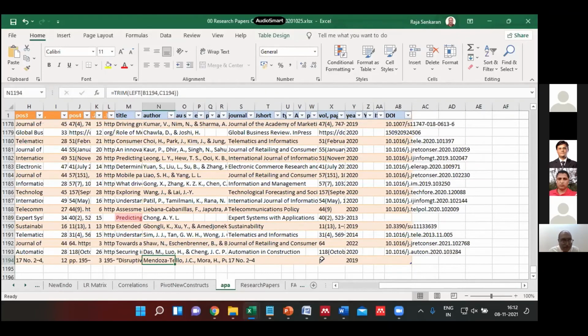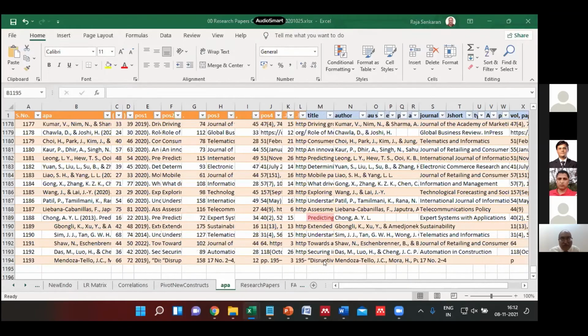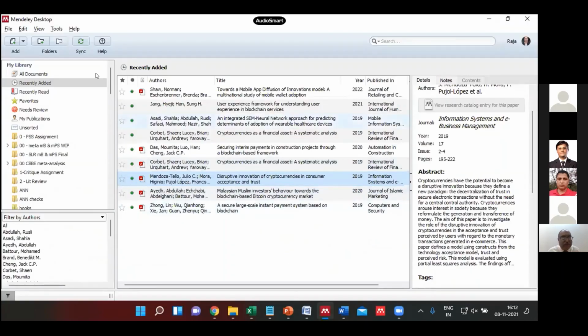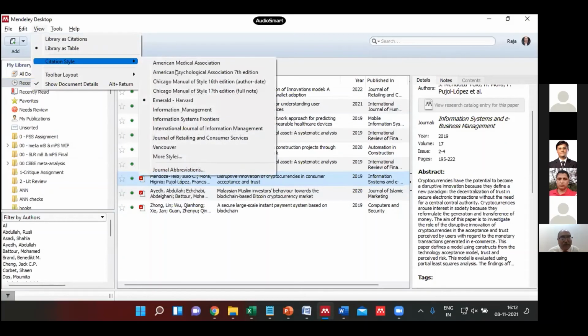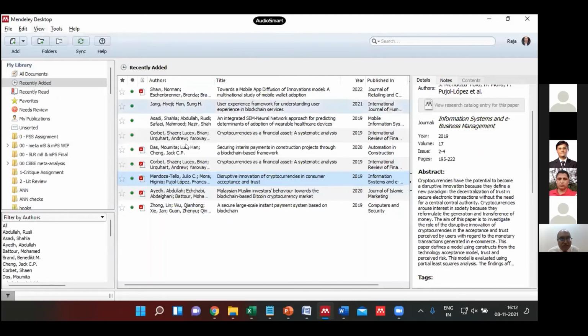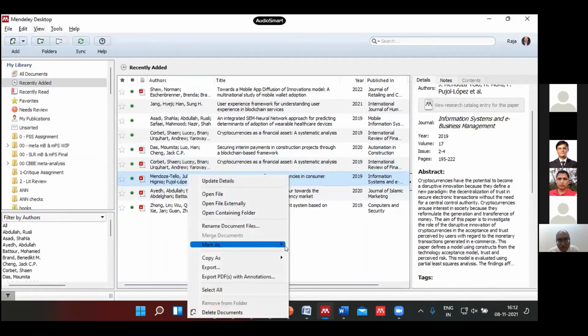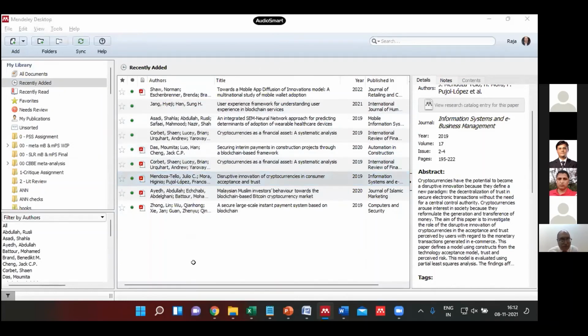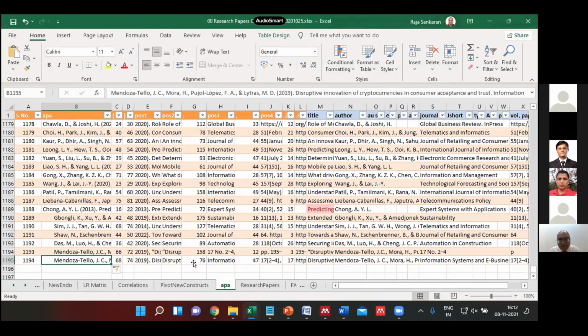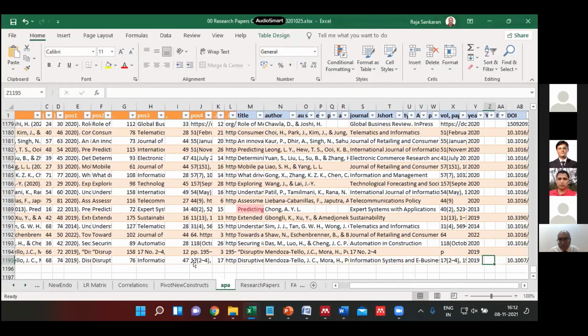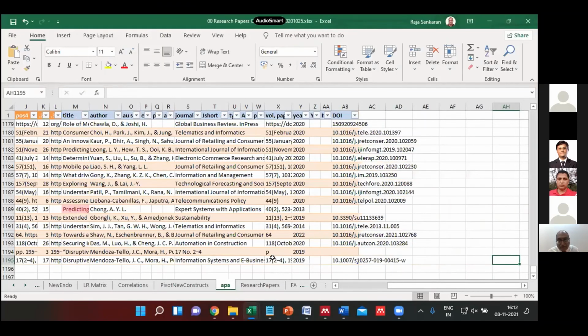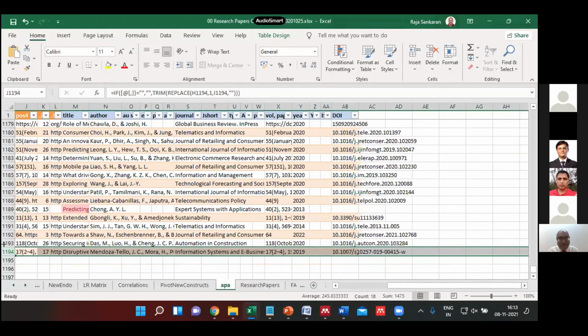But if I use exactly the same one, Mendoza, this particular one, the only word of caution is that it must be in APA form whenever you are doing the copy. Now if I put it here, it will work exactly. Are you with me? See the correct entries here, because my formula caters to the APA formatting. That's the only word of caution when you're using it.